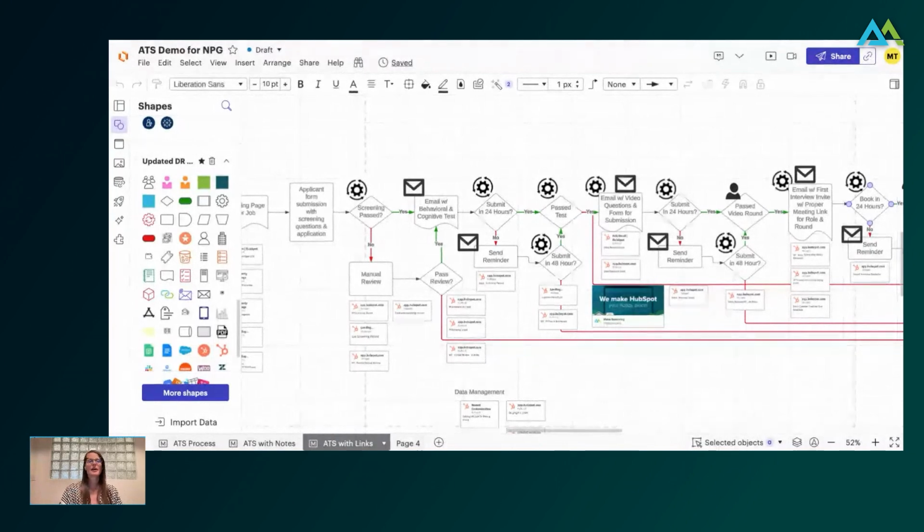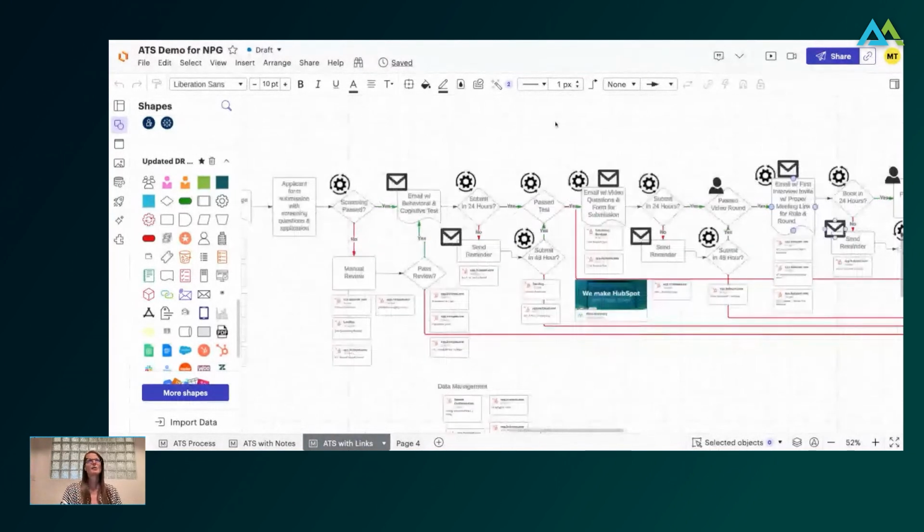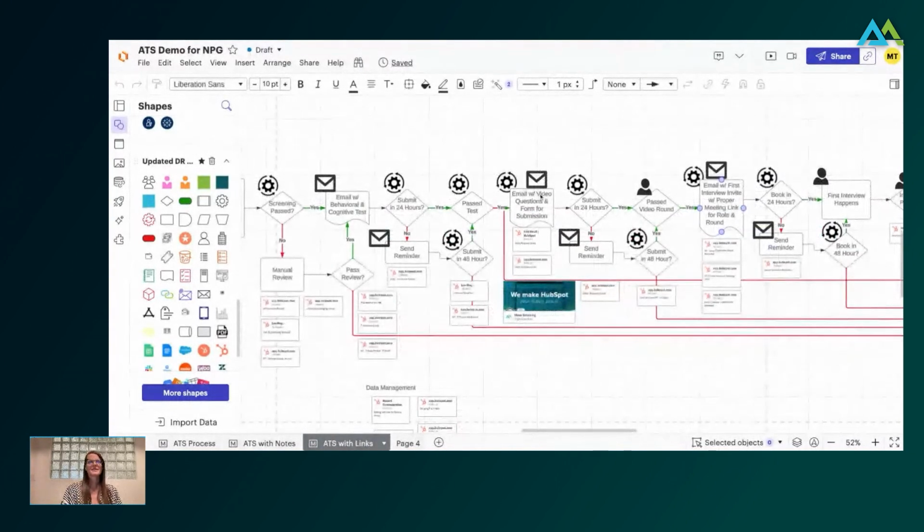So cannot emphasize enough how helpful that is. Then if they do pass this, they get an automated email that sends them the video questions. And what you see here, right, we're checking to make sure that everyone is completing things in time and workflows. And if they don't, then we're moving them out of the process, right? Because for us, we want to make sure that people follow this process